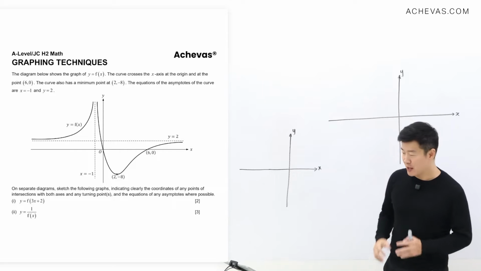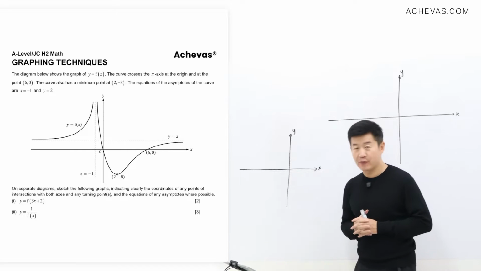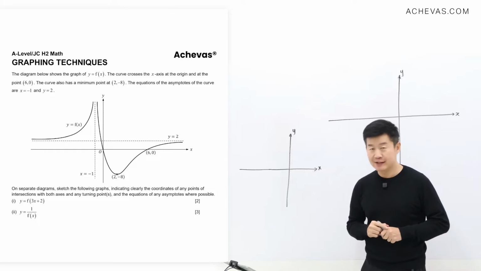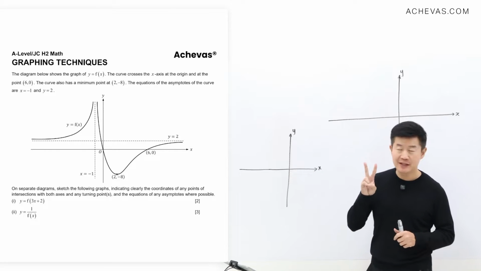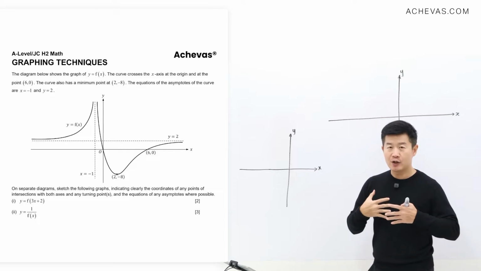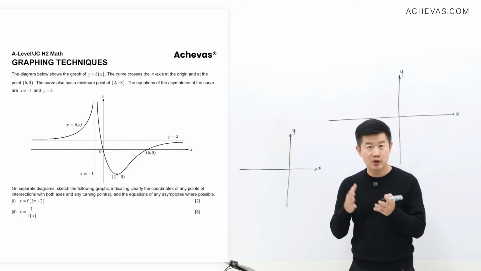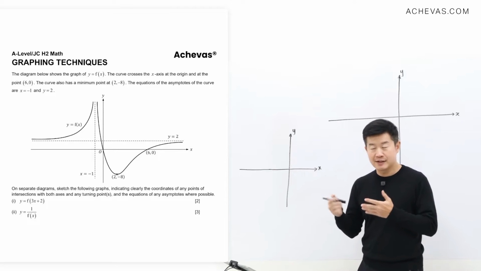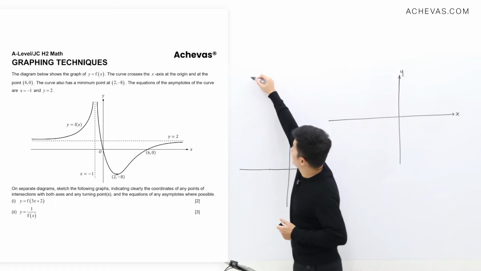In part 1, we are going to sketch the graph of y is equal to f(3x + 2). There are two transformations in this set of transformations. We are first going to determine which transformation to do first, and according to the rule that we have been discussing on the Achevas TV, what we will do is